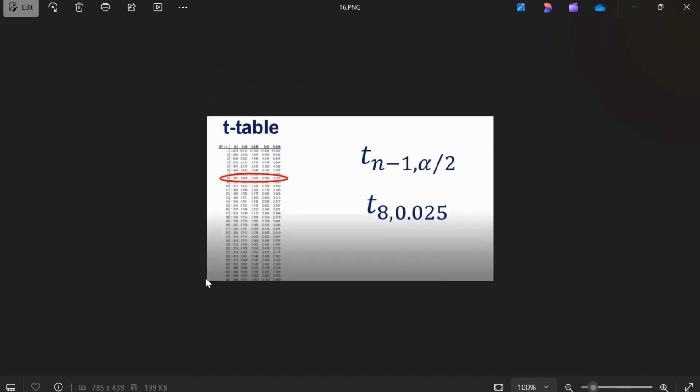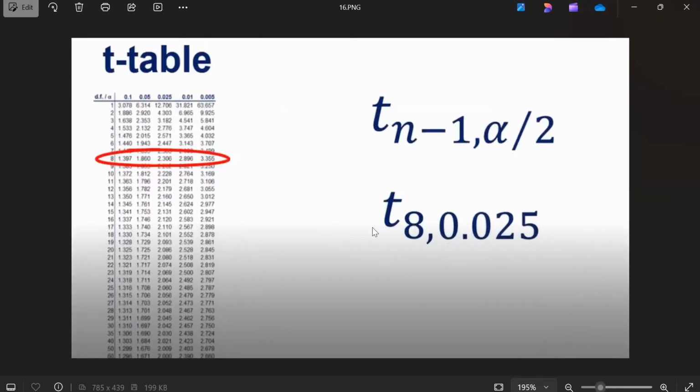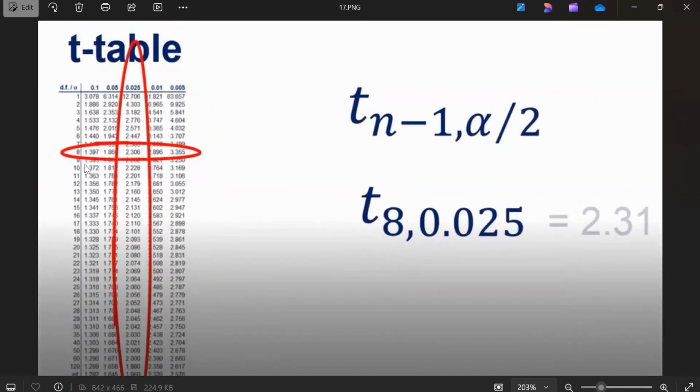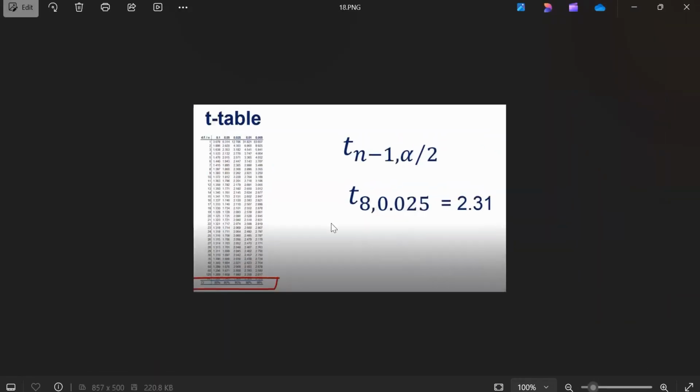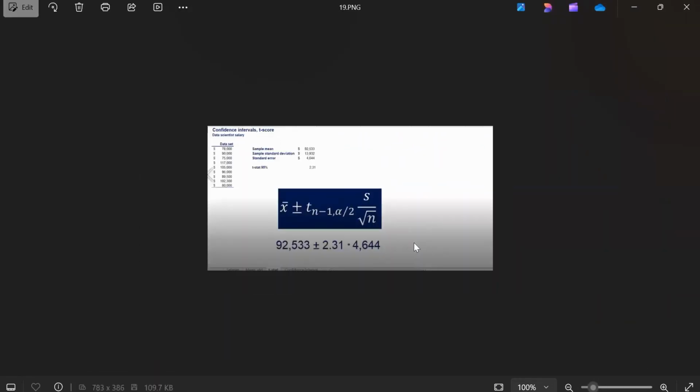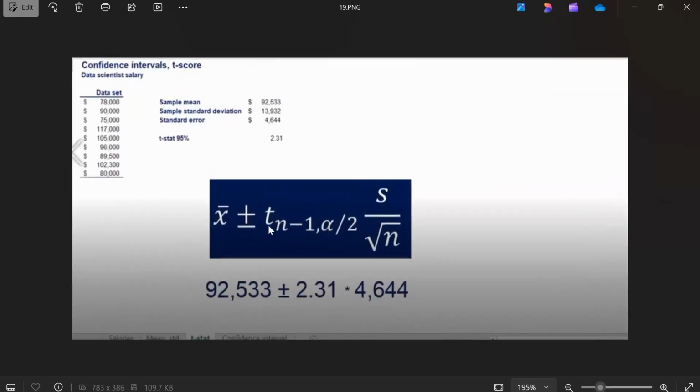Understand up to this? Now, can you tell me t8, t8, T table. We understood Z table yesterday. Now, same thing I will show you for T table. In the T table, this is 2.306 at 0.025. Are you clear, guys, this one? So 2.306, can I replace it with 2.31 or not? Now, let me fit into this equation. And finally, we come to the conclusion that